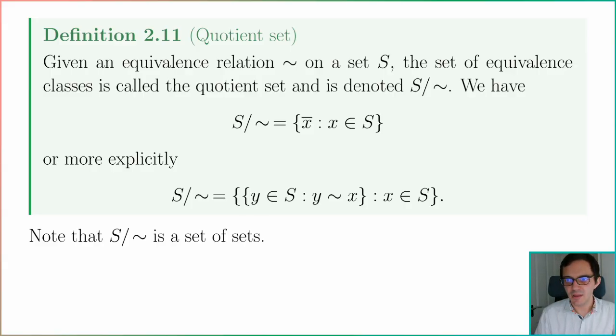The advantage of thinking like this is we're trying to move to a point where we're ignoring the differences between elements. We've got an equivalence relation which says that they're more or less the same. So we don't want to mess around with the differences between m plus 1 and 2m plus 1. We want to just think about all of those as being the same. No, we can't, because they're not actually the same element, but we can bundle them up into these sets and then talk about the sets. And while you're talking about sets plural, it makes sense to package those into a bigger set. We're particularly interested in properties that translate from the elements to the sets, but that's a story for another day,